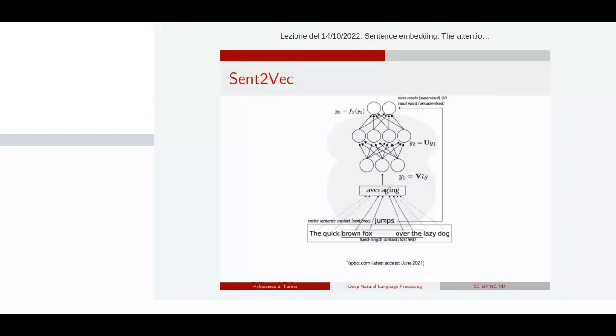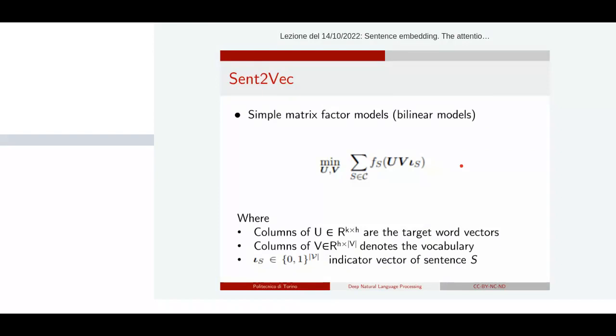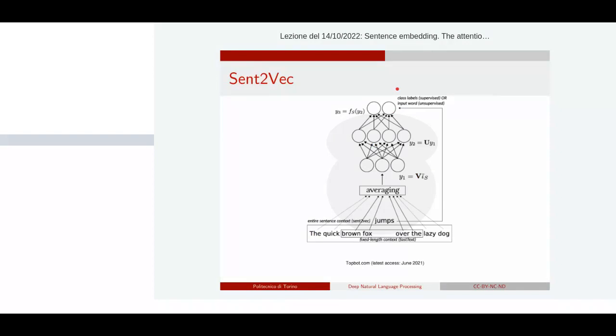You enlarge this window by also including the extra words belonging to the same sentence. In this particular case, this is beneficial because you can find some words that are potentially correlated with the target one. And then, of course, you have a matrix representation here. This is a detail of how the matrix form is computed